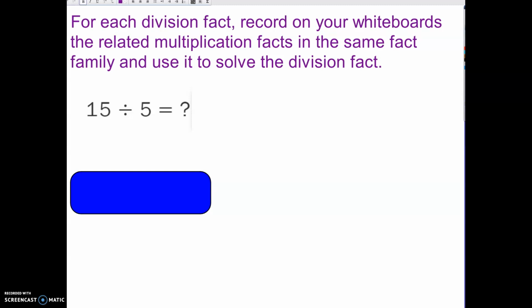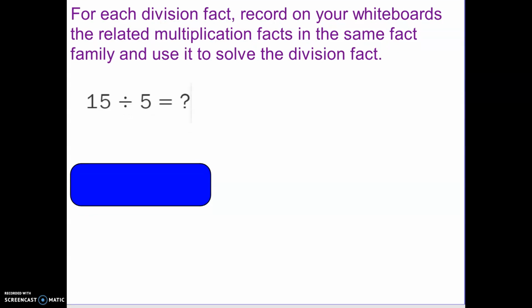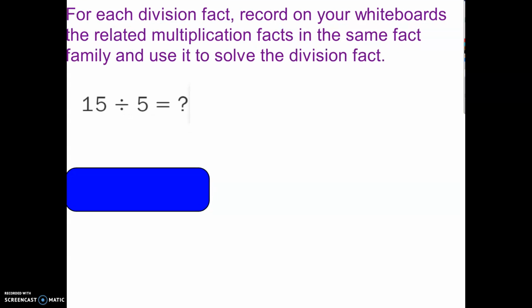What I would like you to do on your whiteboard is to write down the related multiplication facts that are in the same fact family as this division problem. And you can use those related multiplication facts to help you solve the division problem. So what I mean is I'll do this one for you. So for example, it's 15 divided by 5. So I can say to myself,